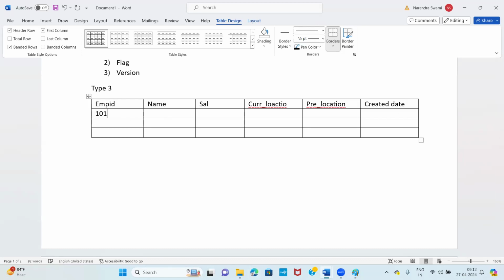ఓకే. సో 101 అండ్ నరేన్. ఓకే. శాలరీ వచ్చేసి సమ్ 3000 అనుకుందాం. కరెంట్ లొకేషన్. ఓకే. సో మేబీ ద స్పెల్లింగ్స్ ఆర్ రాంగ్, so just ignore it. Okay. So current location is what? Current location, this employee is in Hyderabad. Okay. So whenever he is in a current location, the previous location will be null. Okay. And create date will be 20